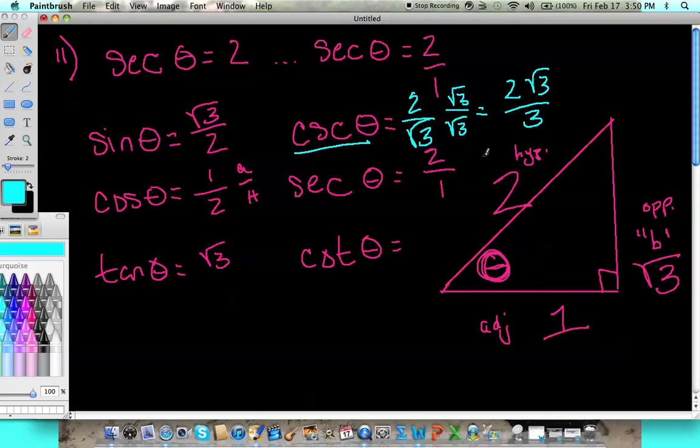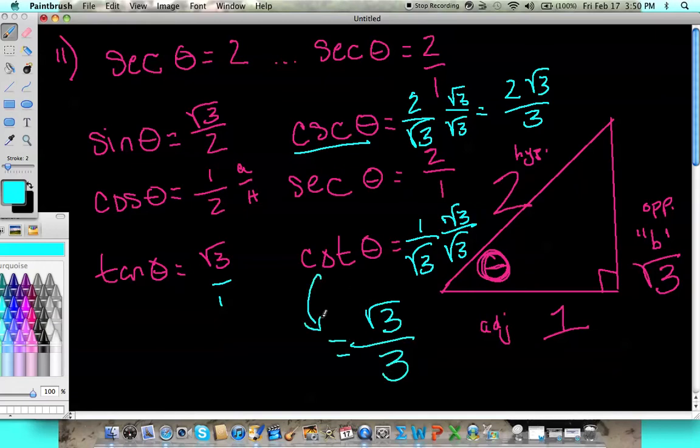So that's the official answer for cosecant, which is probably what I'd find in the back of my book. Secant was given to me, remember, 2 over 1, so I get lucky, I don't have to do that. And cotangent is the reciprocal of tangent. Now, I didn't write the 1 here, but I kind of need it now because it's 1 over root 3, and I need to rationalize this one as well. Root 3 over 3. So the cotangent is root 3 over 3. That's this one. All right, the next problem that my book gives me